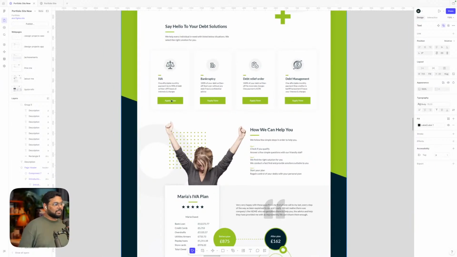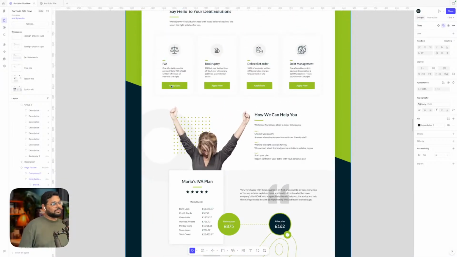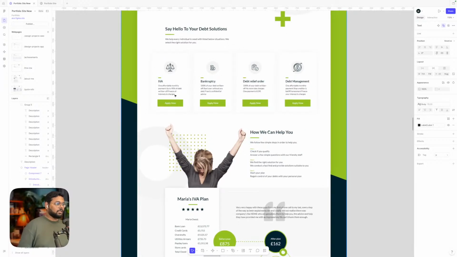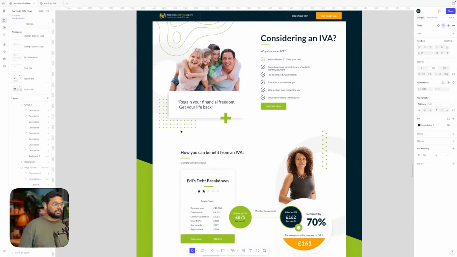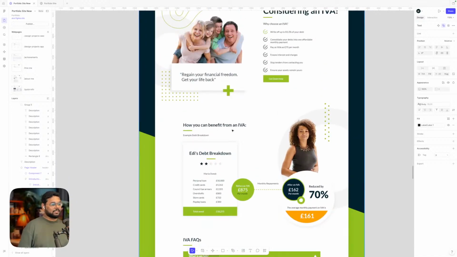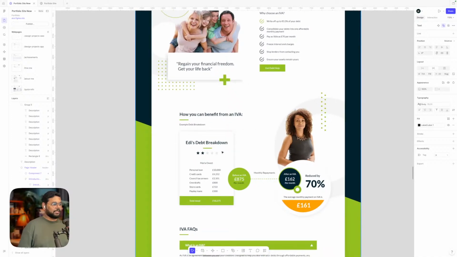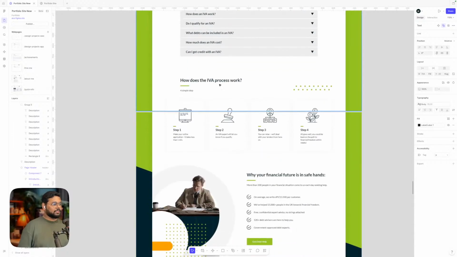So when someone clicks on apply now, I think there should be two CTAs, because apply now should directly take you to their own form or something, but for a detail page it should say view details or read in detail or something like that. And over there, for each service there should be an example like this one, and then the questions around it, and how this IVA process works,